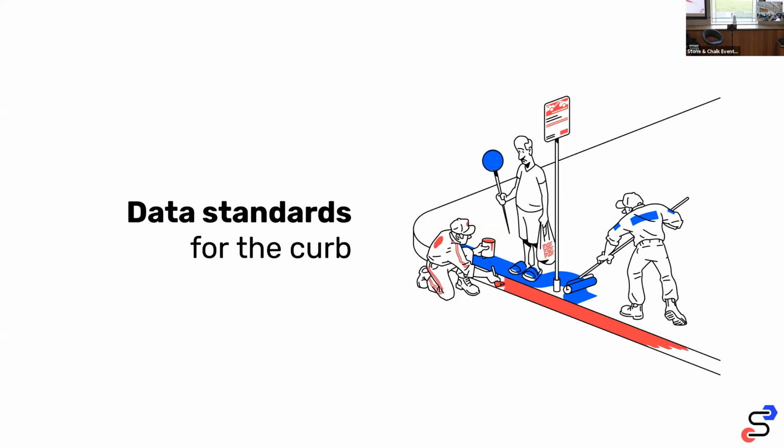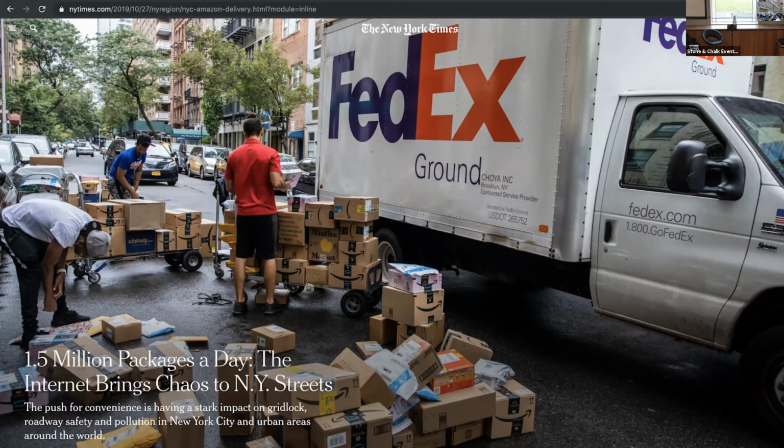Mostly what I've been working on the past year is data standards for the curb, which may seem quite different from vineyards, but I'll talk through what we do and you'll start to see some connections here. The problem that came up is that the way that people move around a city has changed a lot with all these new modes of transportation. The way that we shop has changed, the way that we dine and order food has changed. And so cities in the US, and I think around the world, are starting to see people really fighting and becoming contentious over access to the side of the street. Instead of just having parking spaces, people want to be able to pick up and drop off passengers, goods, and other things, and it's made streets a little bit more chaotic in a lot of places.